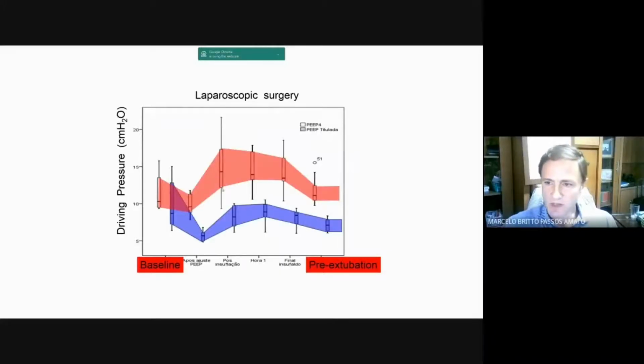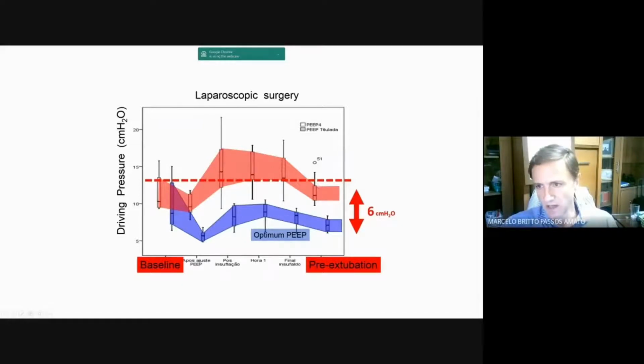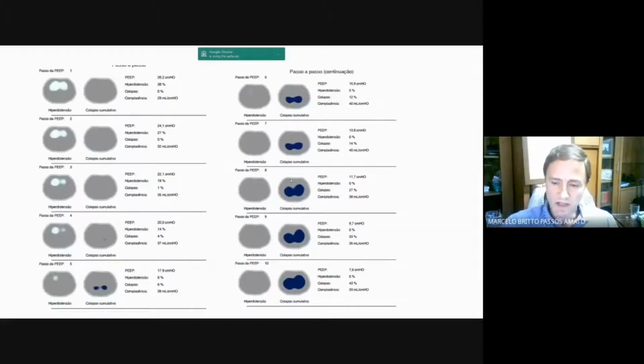So the end result is that when these patients have too much collapse, the driving pressure during surgery can be increased. Like in these patients, the average driving pressure is 13, while in patients in which we could prevent atelectasis, you can work with a very low driving pressure. If this is true for normal lungs during anesthesia, you can understand that patients with COVID have exactly the same problem. When we use EIT to titrate PEEP, we typically start from high PEEP levels where we have lots